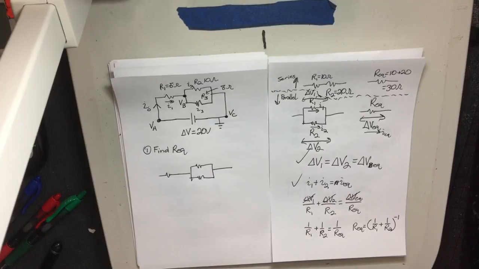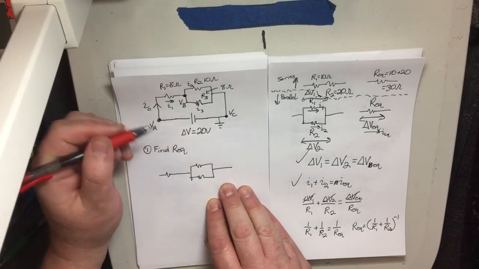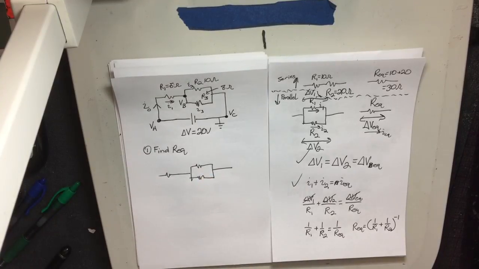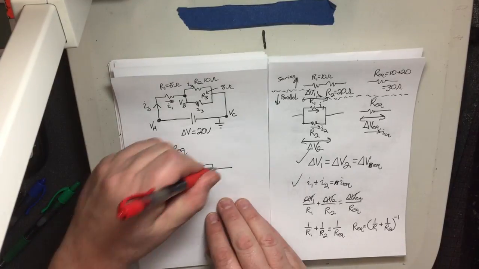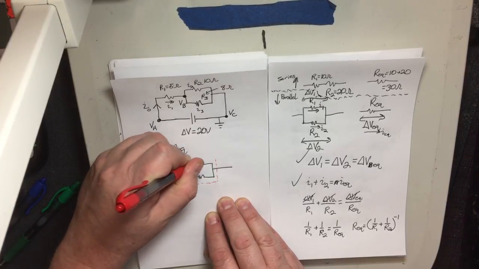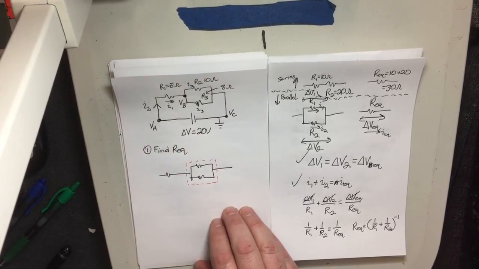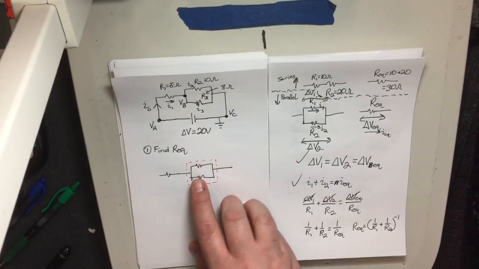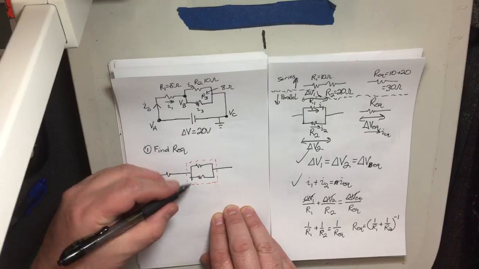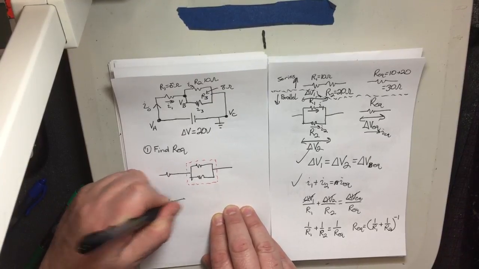You want to simplify it by doing successive equivalent resistances. You can't simply take these three and smoosh them down to one, but you know for a fact that these two are in parallel. So you're going to smoosh these, and you will hear that word a lot, smoosh, to an R1